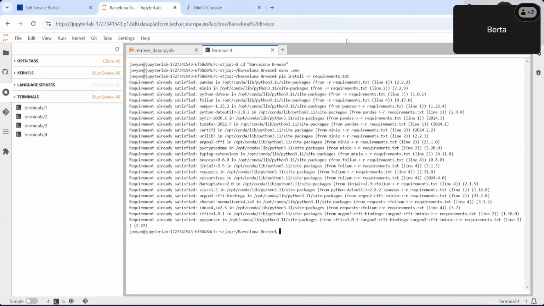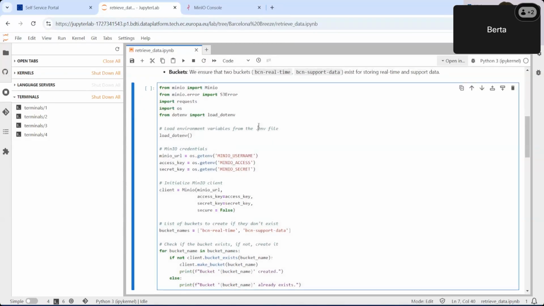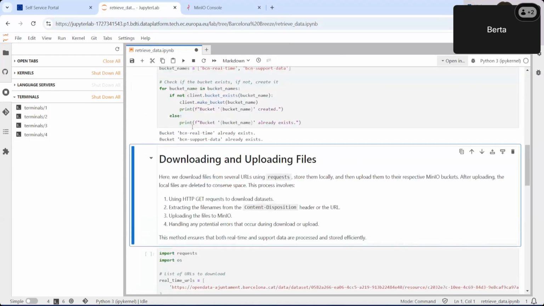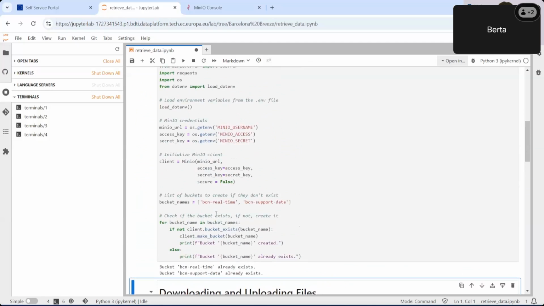Great. Now we're ready to execute this chunk of code here. So you can click on the code and hit run. The buckets already exist, which is great. And if they didn't exist, it would have created them for us.